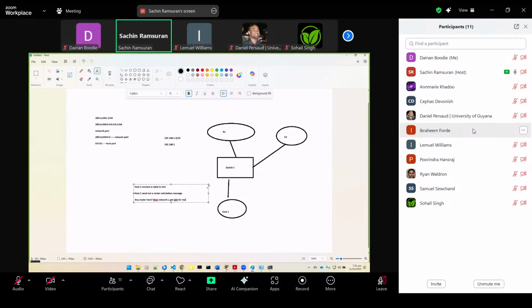Let's put it in simple terms, right? Any router here, what network do you have for me? Good. So this router solicitation message is sent to a special multicast address. Any router configured on the network will be listening on this multicast address. So when it sees this router solicitation message come to this special multicast address, it's like, hey, somebody is looking for a router, right? And then the router will reply, hey, I'm here, and my network is 2803